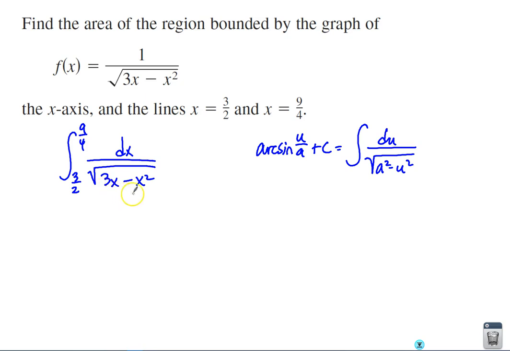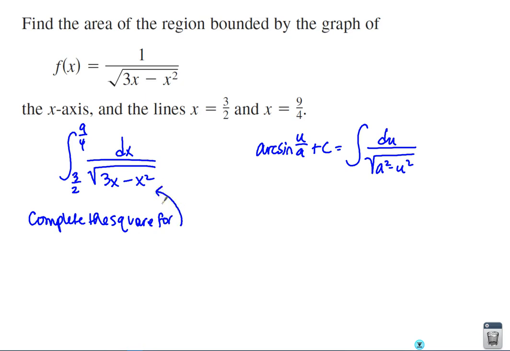So how do I get this to look like this? Well, I'm going to use the same tool that I just did on the last slide, and I'm going to have to complete the square, okay? Complete the square